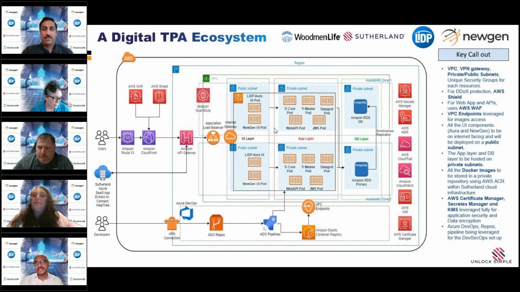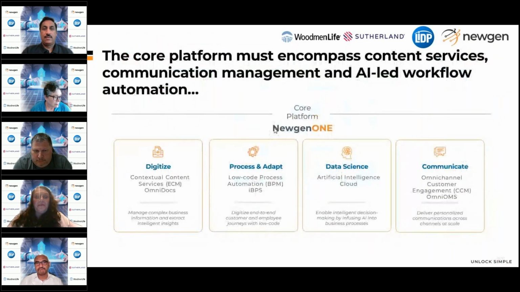Yeah, sure. So from Newgen's core platform perspective, we recommend that we encompass what you see here on the slide: the content services, the low code process, the communication, artificial intelligence. All of these are part of the core platform. And all of these are based on cloud native capabilities, which brings the security right at the center of it. So one, it is cloud native, whether it is Amazon Web Services or Microsoft Azure or Google Cloud, all of these are supported. The platform utilizes the power of dynamic scaling through technologies like Dockers, containers,